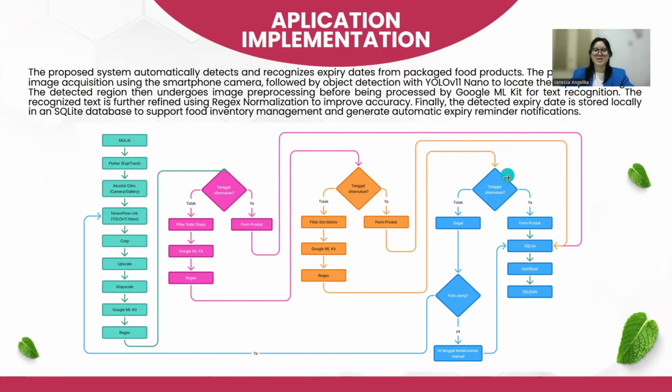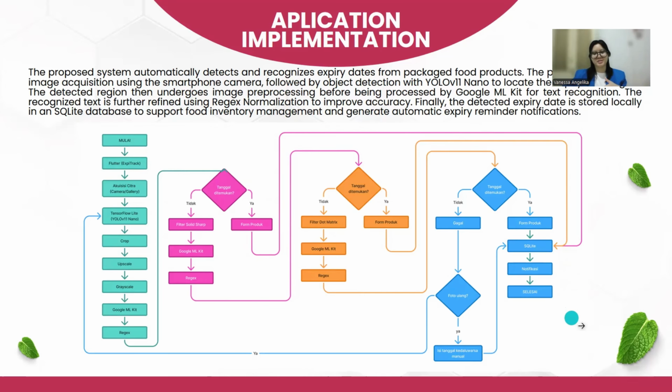And then for the last process, once the users already get the text output, they can input all of the food product information and store it in the database. The users can also manage the notification. So if the expiry is getting near, the application will notify the users that this product is